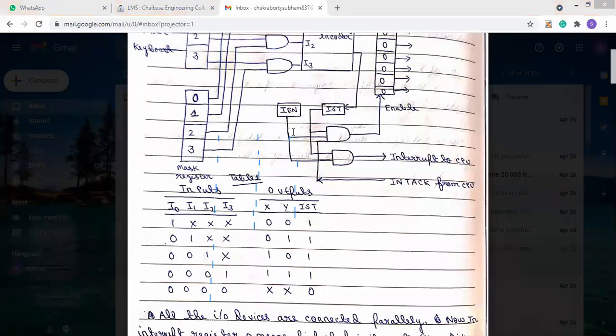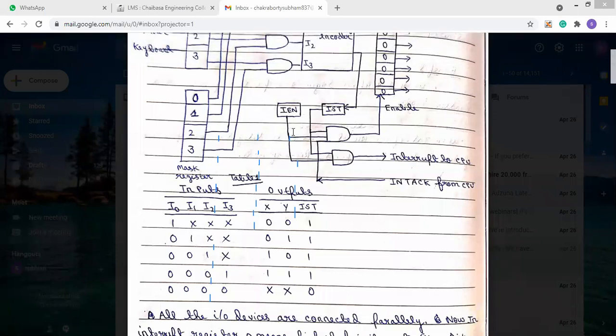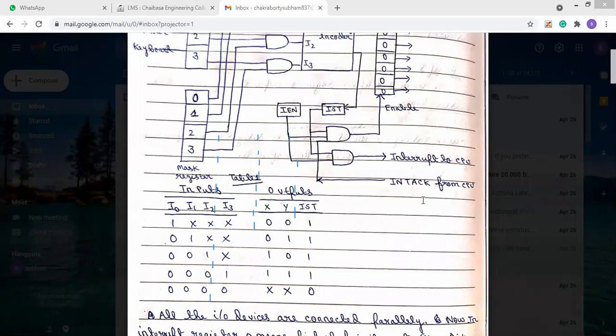First condition is clear. Okay. Next condition: if disk didn't generate interrupt and